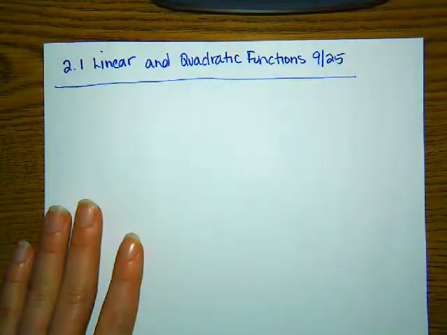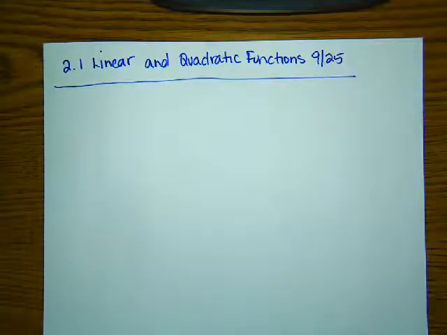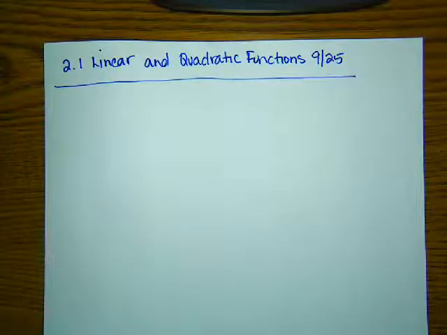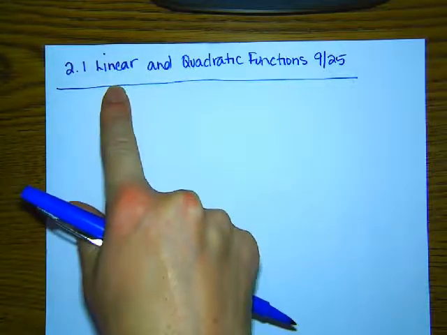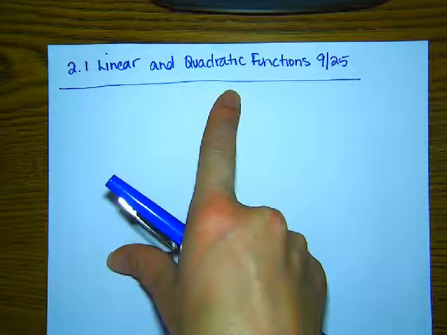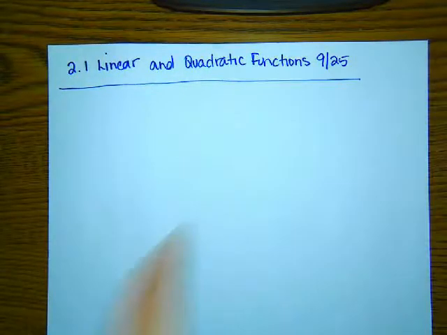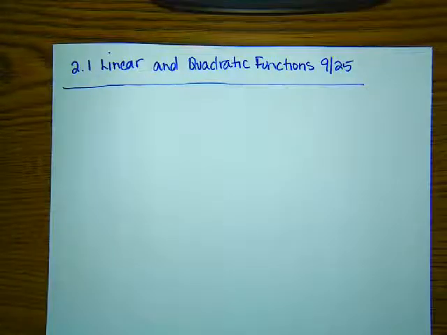Okay, so I don't know if you remember me saying this, but last chapter when we started memorizing the basic functions, I said our next step is we're going to go through all of the basic functions and dig deeper. So the parent linear function is y equals x, right? And the parent quadratic is y equals x squared. So in the beginning of chapter 2, that's what we're going to focus on. Okay, so these things are both